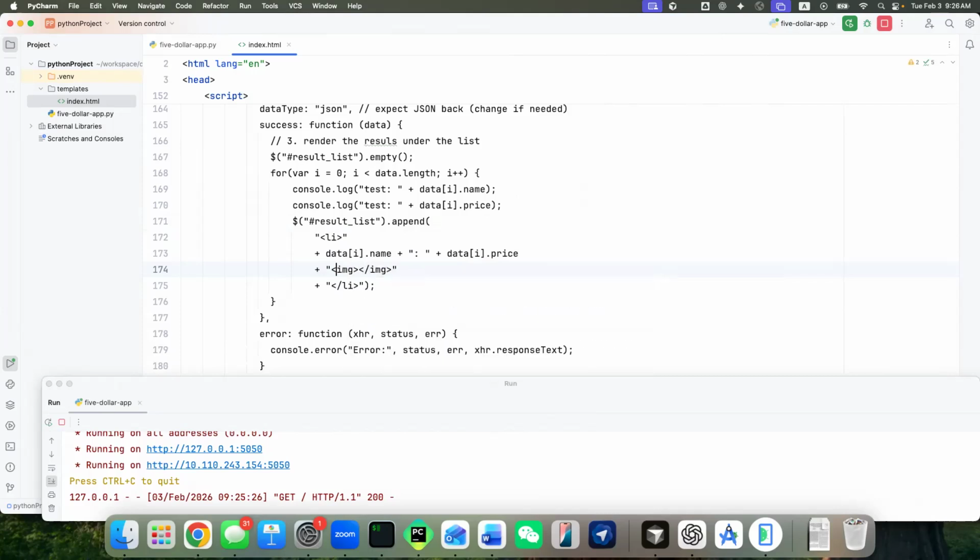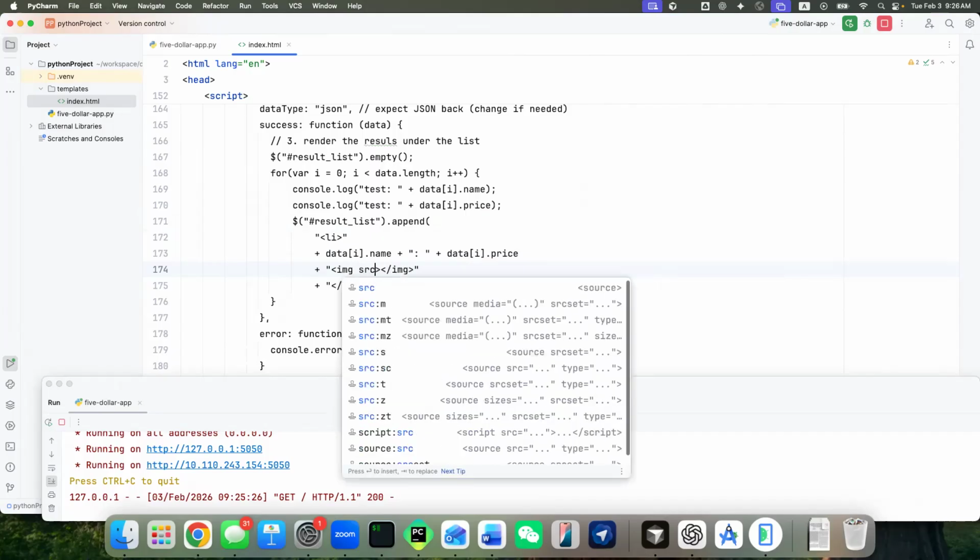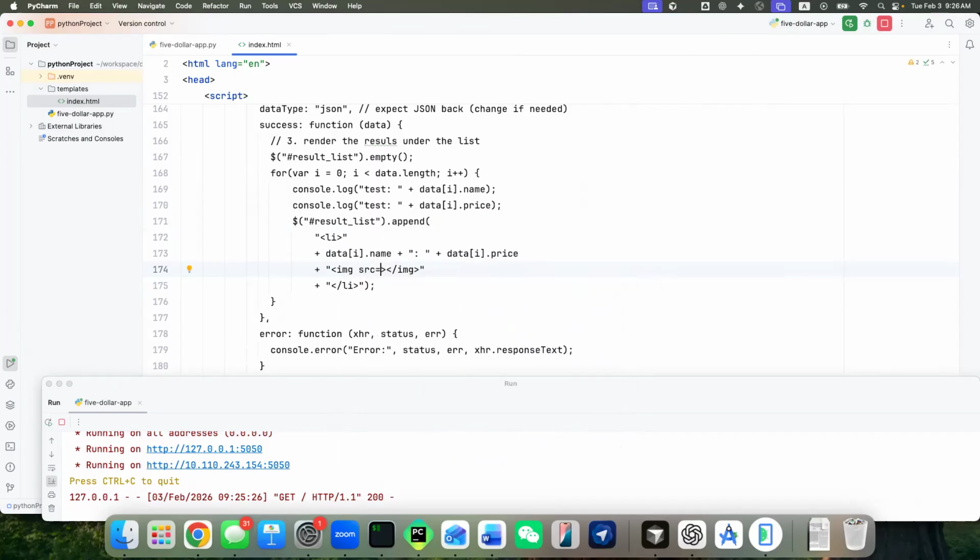All right, and you have to do a source. That's where you put the URL. Okay, so we've got to be a little bit careful on that little string here. So this one is called image URL because that one is already returned from the backend. Let's see what that looks like. The format is probably not quite good, but